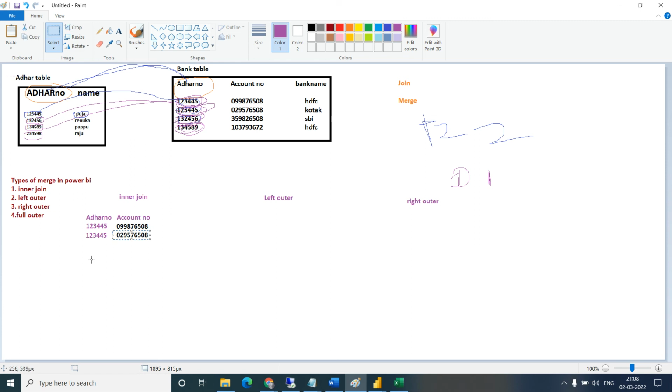Okay, third one. So 1 2 3 4 4 5, it does not match with the third one, it is not matching anyone. Okay, so we got only two rows from the table.